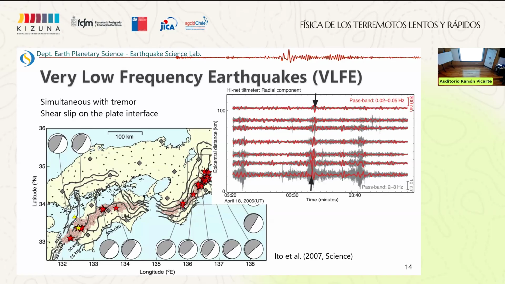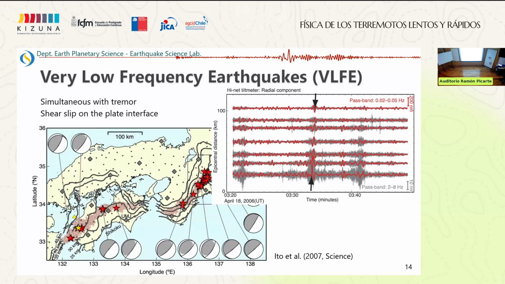These are typical frequencies of tremor. But if we select a different frequency range, in this case between 0.02 and 0.05 hertz, or in period, between 20 seconds and 50 seconds, we can observe